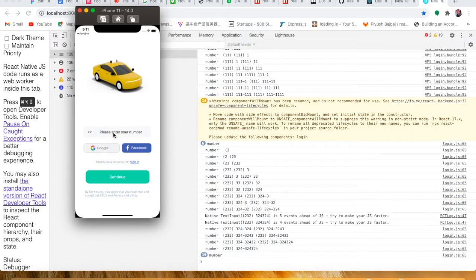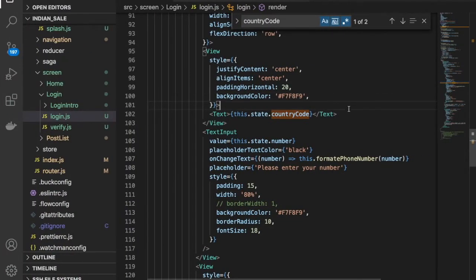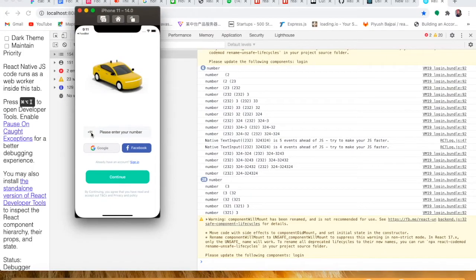When we are writing the characters, you can see it is just removing. All right, so we have to make it touchable opacity, so that we can click. If you click like this, you can see here this is touchable opacity view.